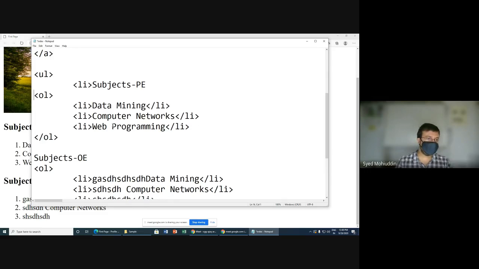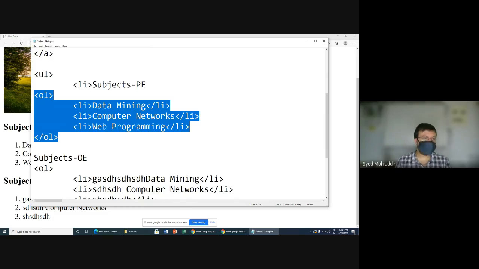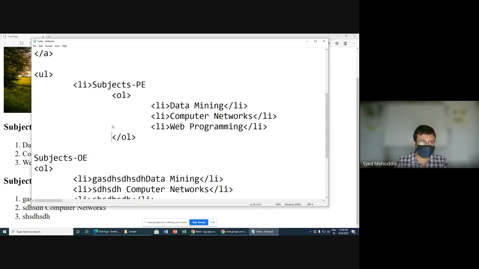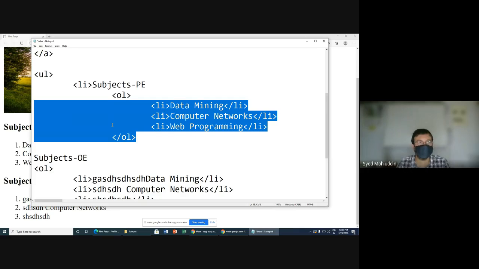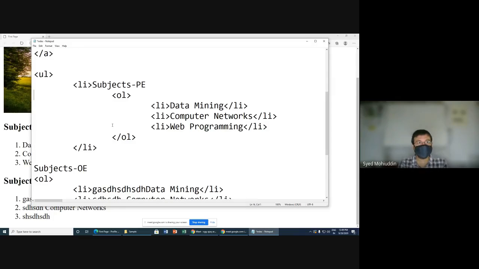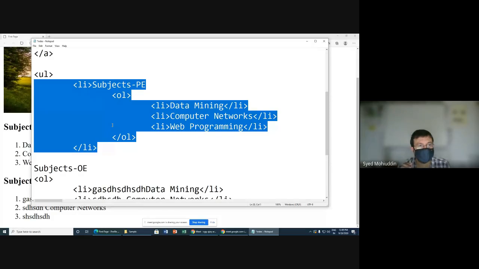Now, this subject PE is a list item which will have a nested list, that is, the ordered list for it. I'm just using tabs so that it will be easy for you to understand. So this is the subject PE, professional elective, and these are the subjects for professional electives, which are nested tags. Now I will close the LI tag, the list item tag. So this whole thing becomes the first list item